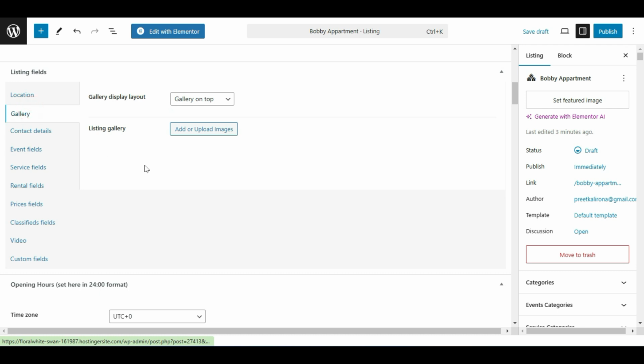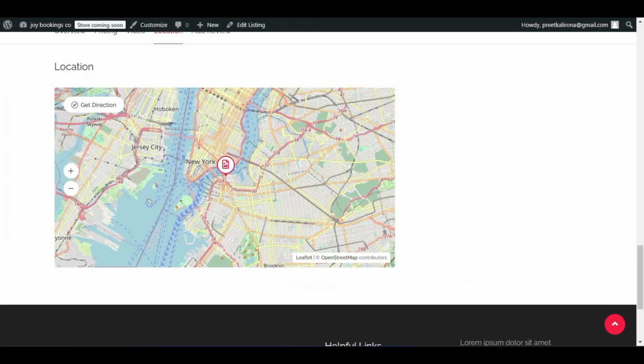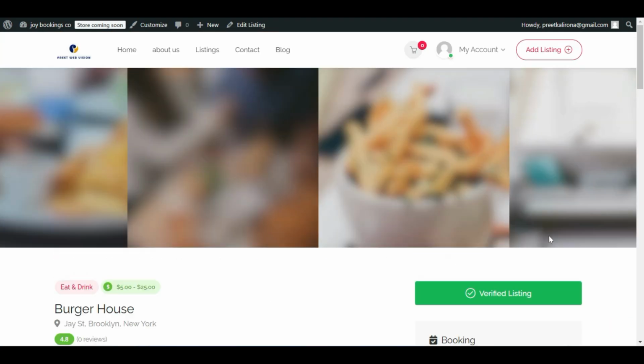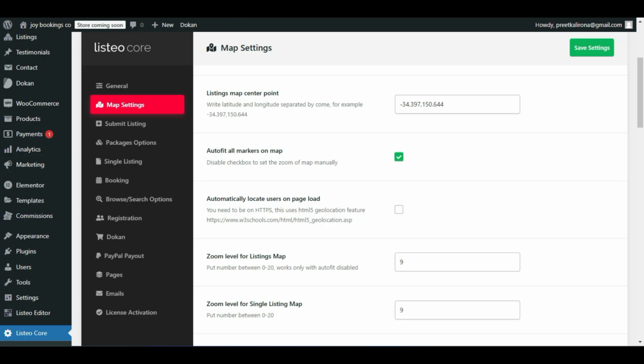Gallery. If you want to keep the gallery on top, let me open any listing along with that, it will be easier for you to understand. So gallery is on top now. You want to keep it on the top, or you can